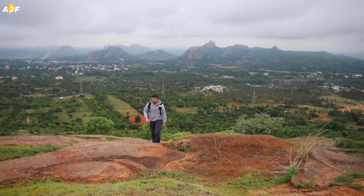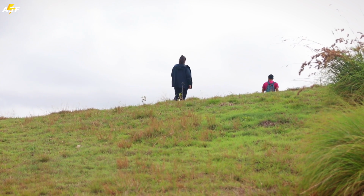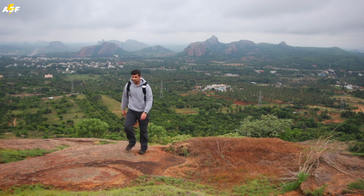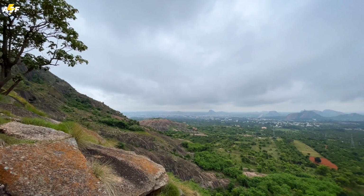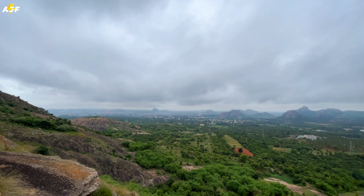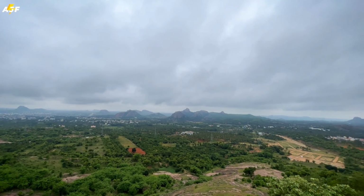And I can see the ridgeline finally. I think we are on the right track. Whew, that was a steep climb. Just take a look at the view behind. It is breathtaking and there's like a full open grassland over here, so we're able to soak in the views